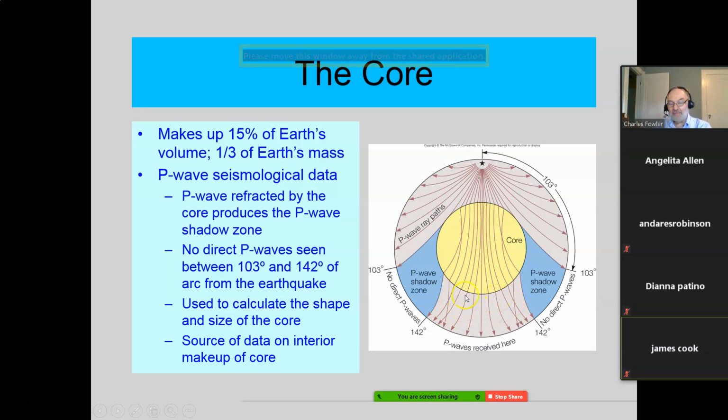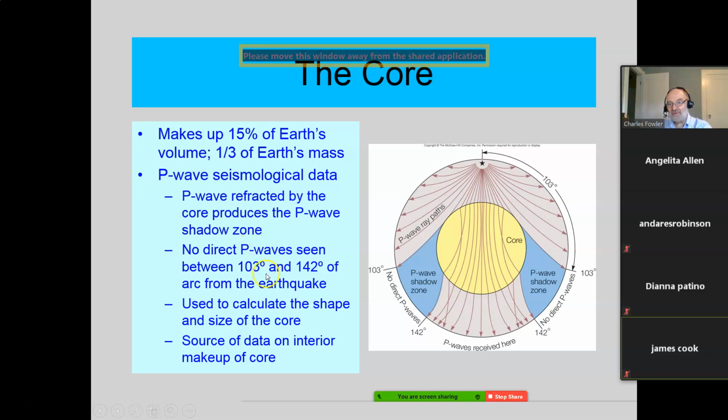Now remember, the P waves go through solids and liquid, solids and liquid and solid, okay? But every one of these boundaries here has the capability of really bending the waves more than would normally be. Now, if they come in directly, they don't get bent much. But the more they're off at an angle, the more they get bent, okay?